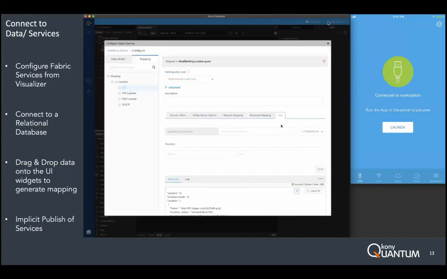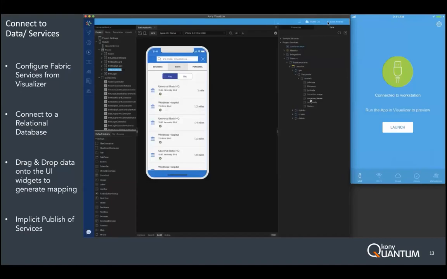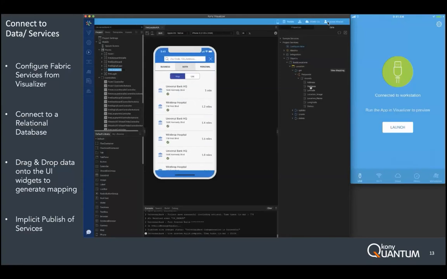And I can see my response mapping. I can test the service. I can see the results from my test. Now, what I'll do is on this form, I'll drag and drop these parameters from the service directly onto my